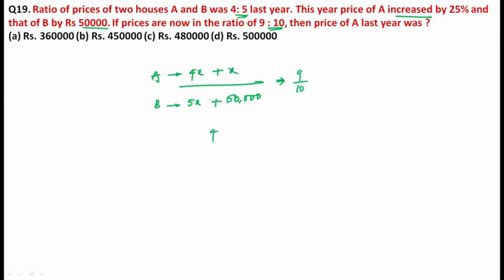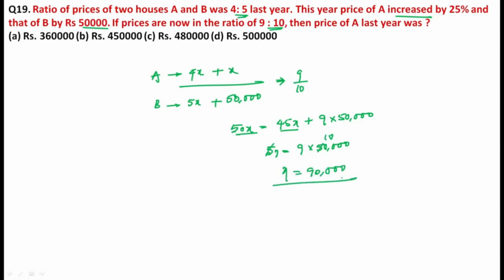Cross multiply them. So 4x plus x is equal to 5x. 5x into 10 is equal to 50x, which is equal to 9 times 5x, that is 45x, plus 9 into 50,000. Now you can get 5x is equal to 9 into 50,000. Now 5 ones are 5, 5 tens are 50. Now the value of x is equal to